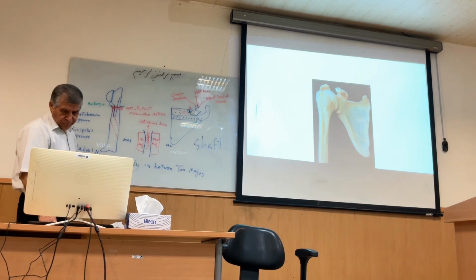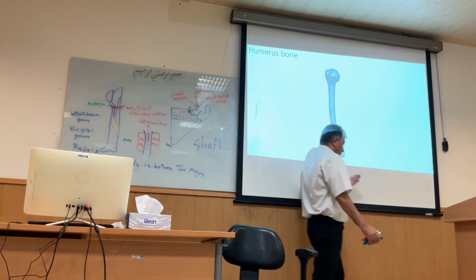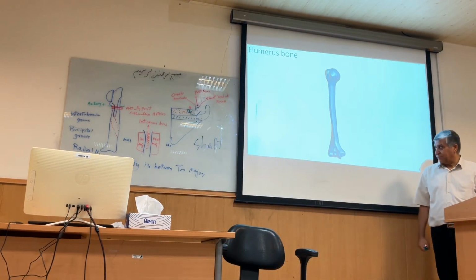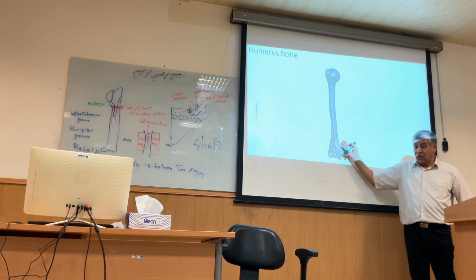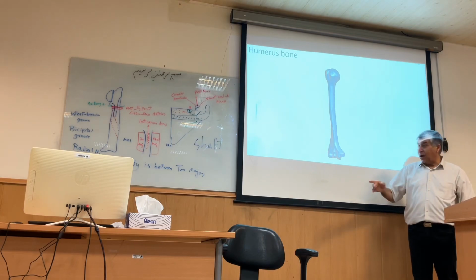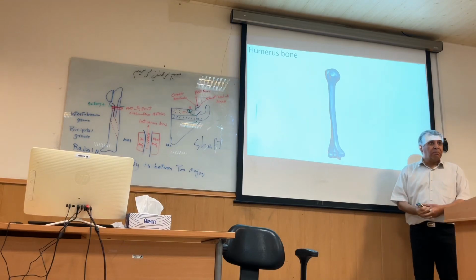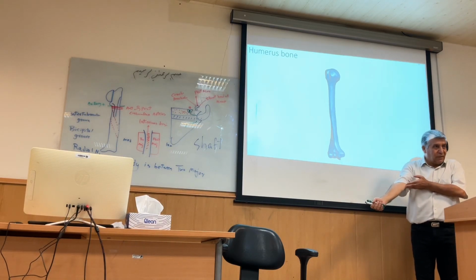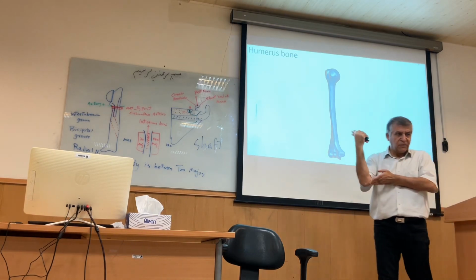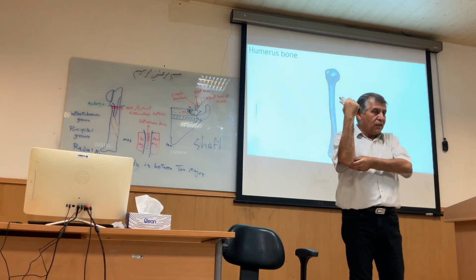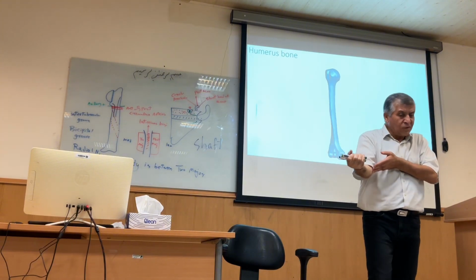Lower end of the humerus as a whole is called condyle. Divided into medial and lateral condyle. The medial condyle is more prominent. Lateral is not. Touch it: the medial condyle is most prominent, because